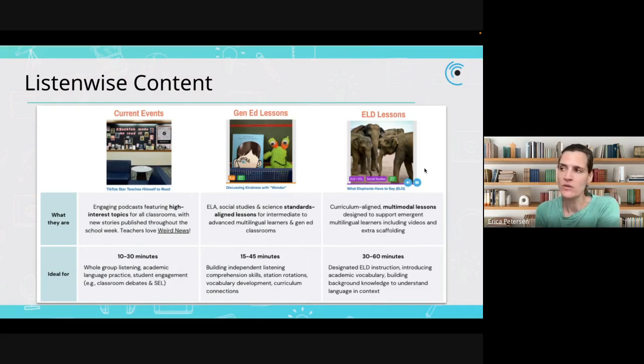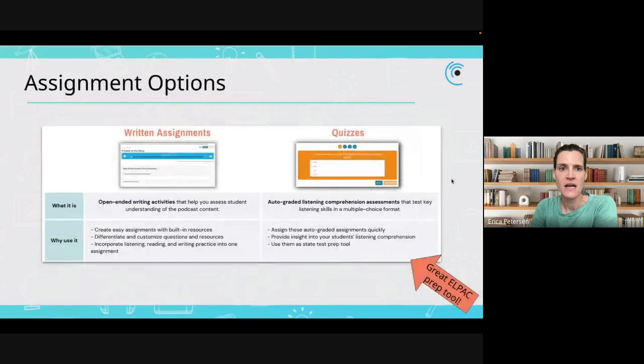And I'll show you examples of all of those in a minute. And then digitally, if you do create assignments, and I'll walk through each of these, there's two options: either a more open-ended writing-focused assignment where you can embed those organizers, those comprehension questions, discussion theme questions I showed you on that weird news story, or you assign a multiple choice auto-graded quiz.